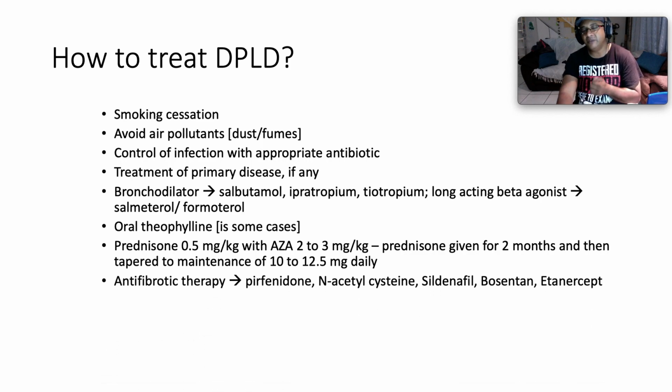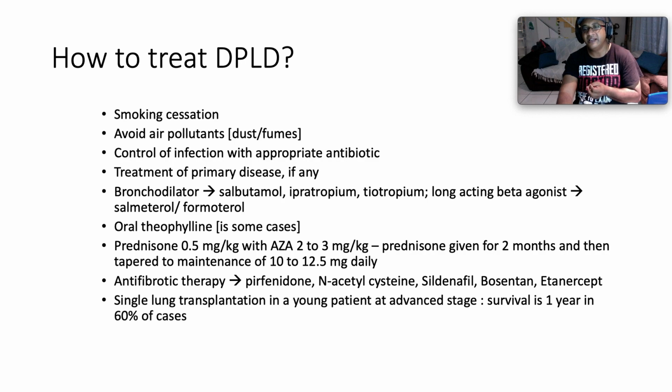Antifibrotic therapy, especially if dealing with IPF: look at pirfenidone, N-acetylcysteine, sildenafil, which is a phosphodiesterase 5 inhibitor, bosentan, which is an endothelin receptor antagonist, etanercept, which is an anti-TNF monoclonal antibody, and single lung transplant in young patients at advanced stage. So remember, survival to 1 year in about 60% of cases. So it doesn't have that great